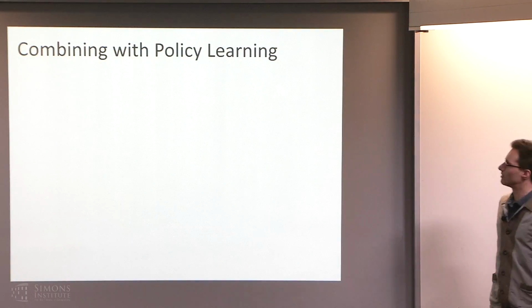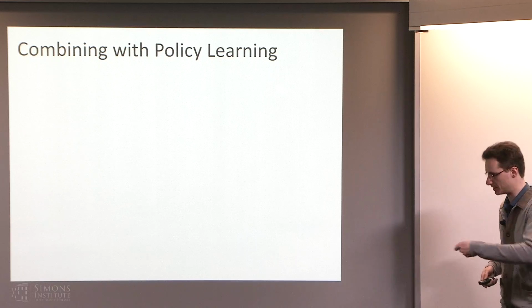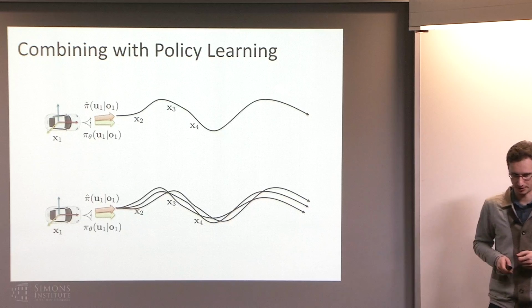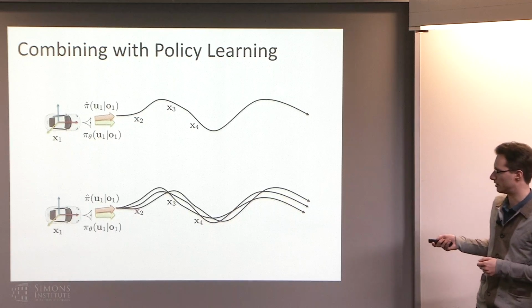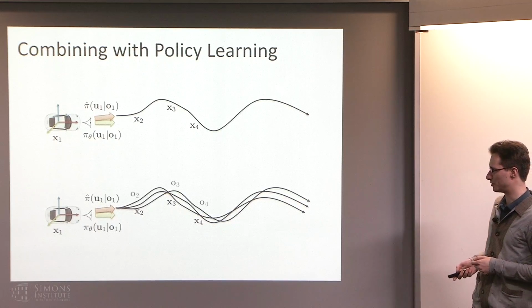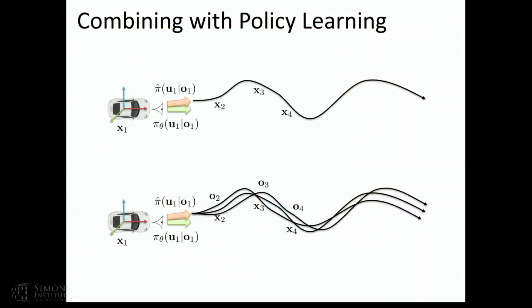Okay, so let's talk about how we can combine this with policy learning. We can't quite use the PLATO algorithm at this stage because PLATO iteratively replans, but we actually don't have to because we have a little bit of an advantage here. Because we generated our dynamics by running a bunch of samples, we know not only the states along these trajectories now, but we also actually know the observations. Whereas in PLATO, we didn't know the future observations because we couldn't predict them. So on the one hand, we can't iteratively replan because we need to generate a bunch of samples just to get one trajectory. On the other hand, we actually don't have to because we have the observations along this trajectory.